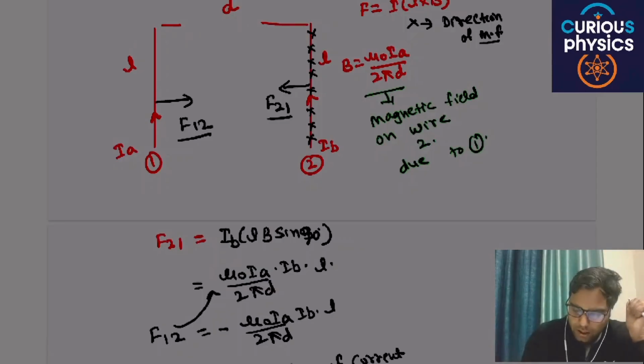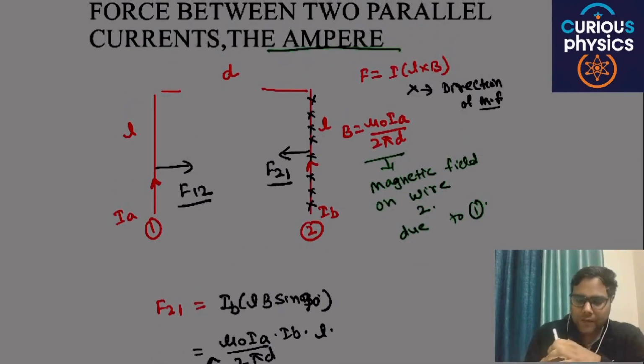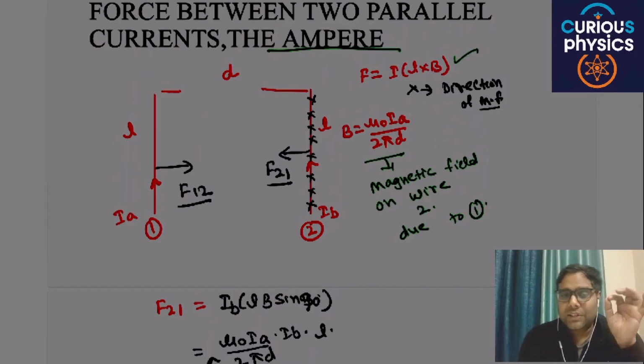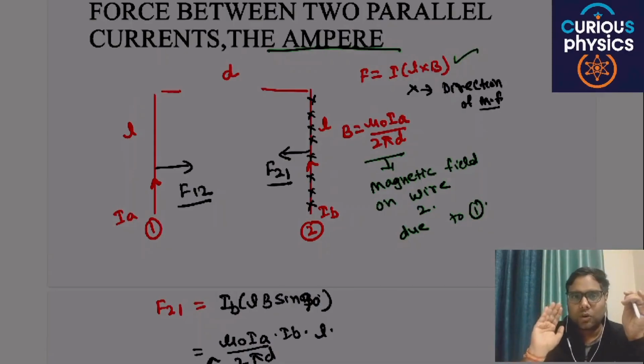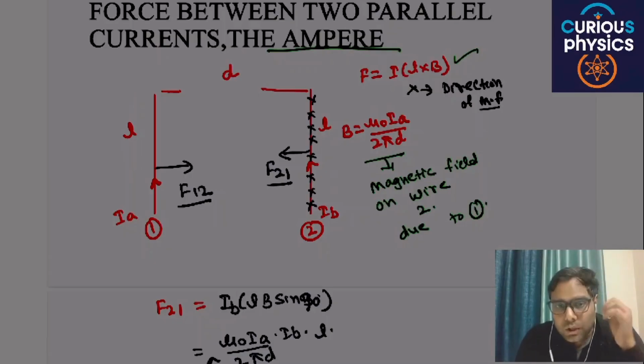But remember how to find the direction and where we have to start. IL cross B. So how to find the direction is very important in these cases. So how to move your fingers: L cross B, move your fingers from L to B. You can find the direction with the help of the right hand rule, or you can say the screw rule, which we have discussed just at the starting of this chapter. Are you able to get my point or not?